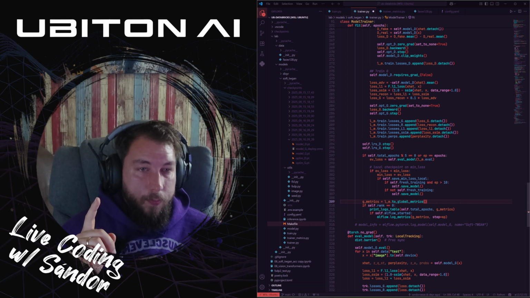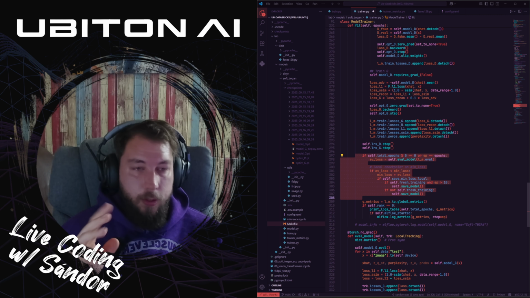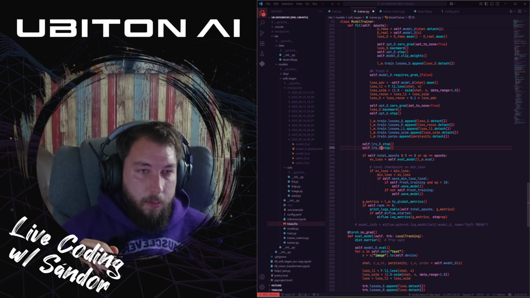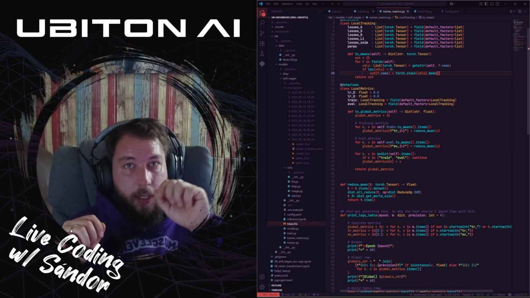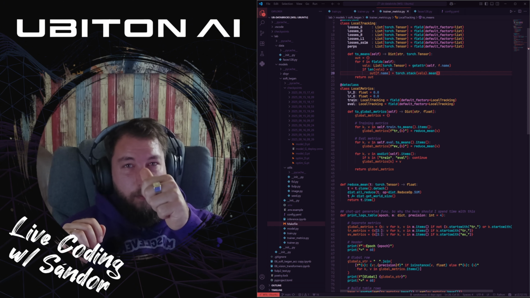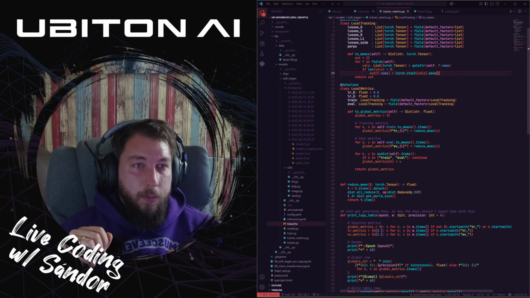And here, there's some other code for running the evaluation, saving the checkpoint, and stepping the learning rate scheduler. But here, the global matrix code, as you can see, goes through self.trained to means, and to means stacks up all these values, because we have a normal list of tensors, and those tensors are just a scalar, basically one value, one float. So this stacks it up,